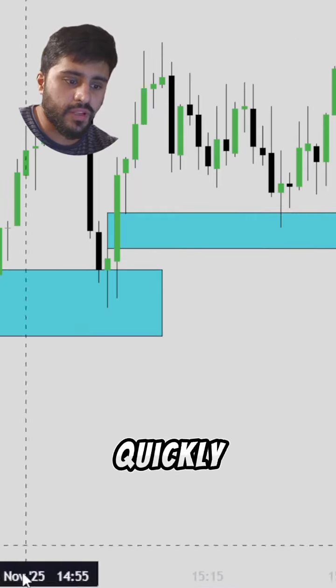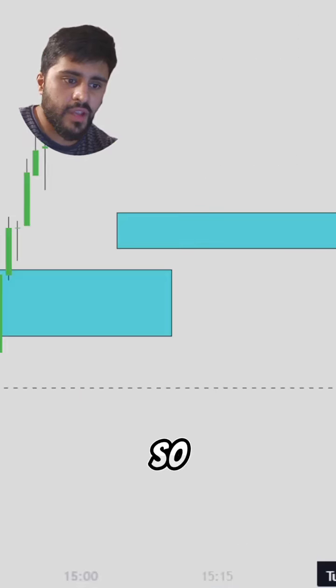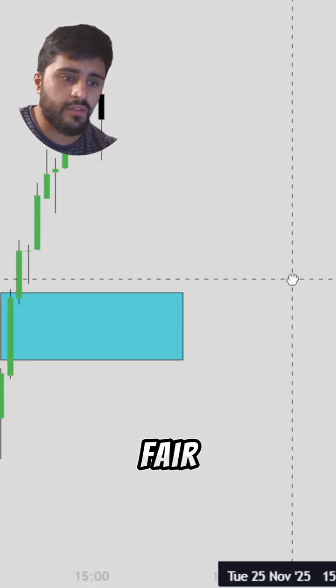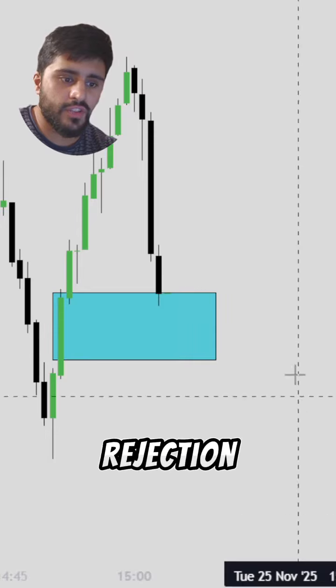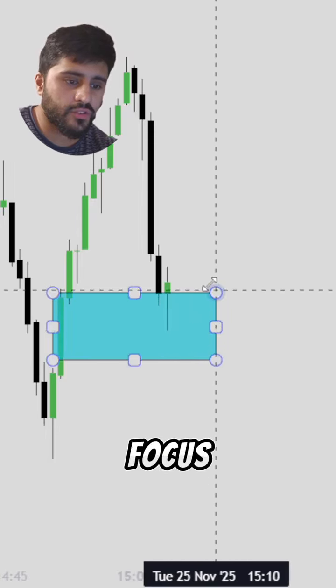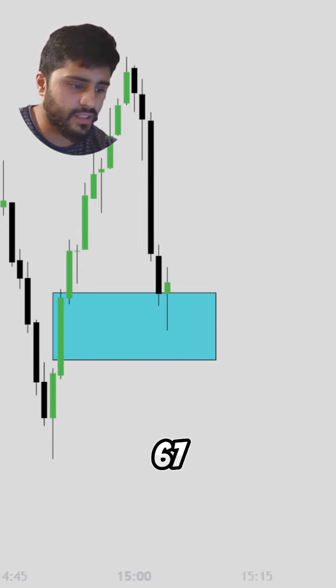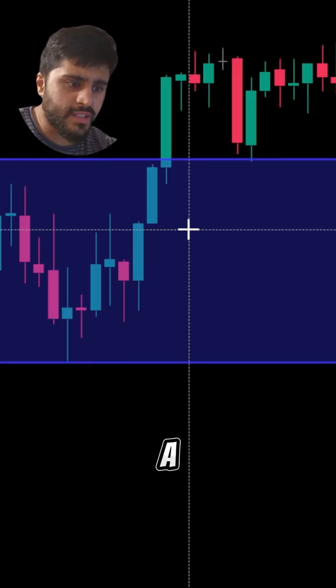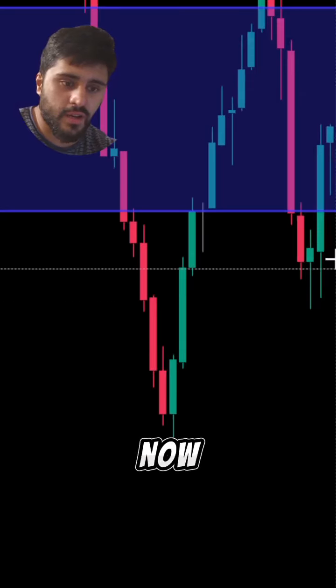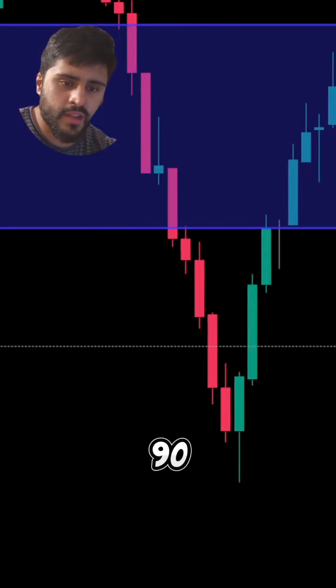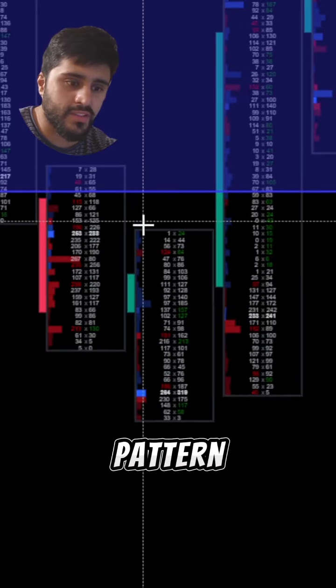So let's quickly go back and see what was going on, right? When you come into a fair value gap of any kind, when you see a rejection to the upside, you want to focus on what was going on over here. So this was 67.90. So if we go to the ATAS platform and take this up, this was, again, 66.90, sorry. So if we go to 66.90, what we can see is a 3-bar pattern where we see a